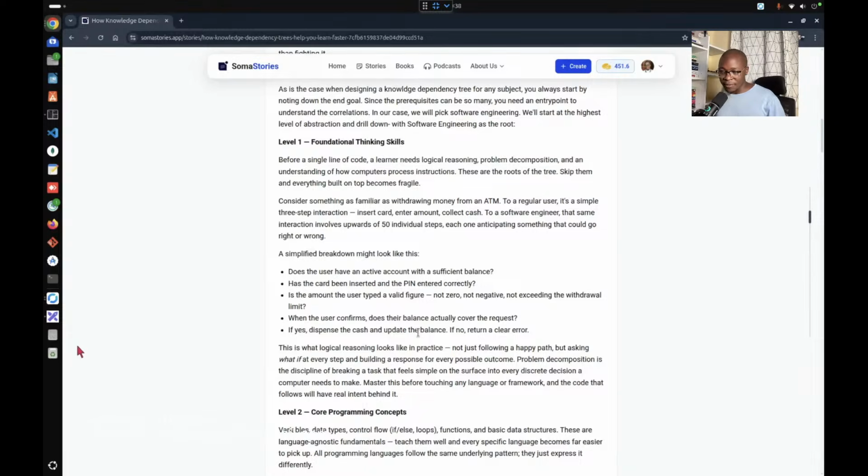When I'm trying to pay with my M-Pesa, do I have enough money in my M-Pesa? If I don't have enough money, I'll use, what is it called, Fuliza. If, for example, I'm using a Visa card, a credit card, to pay, do I have enough money in my account? Is my card valid? And so on and so forth.